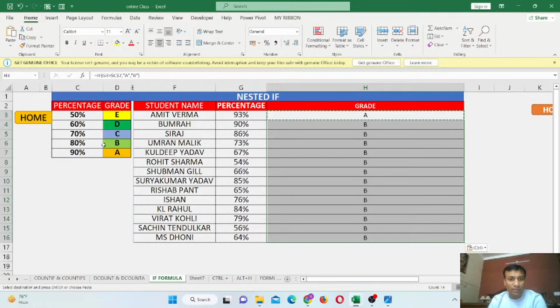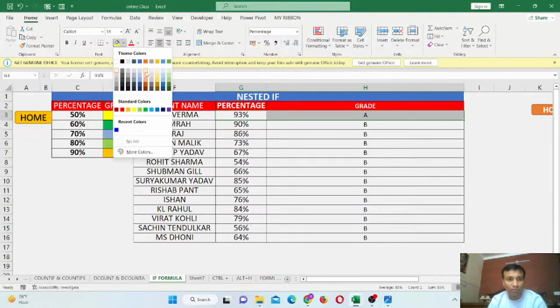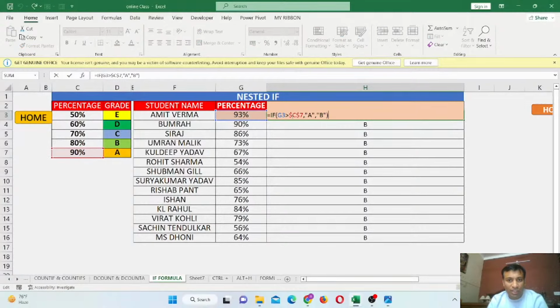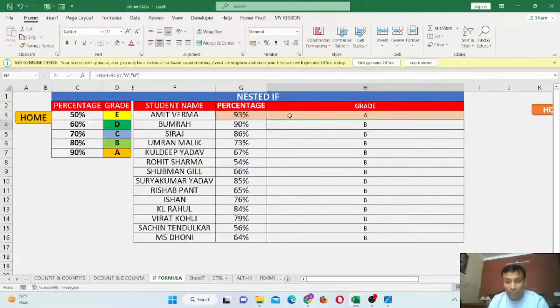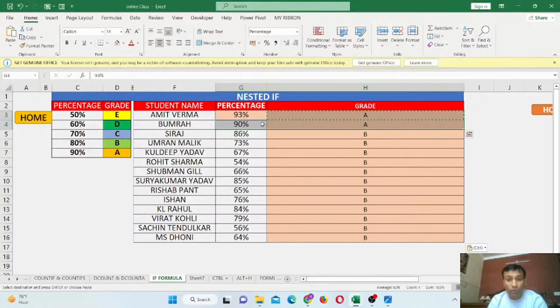Now you can check this. 90% above, only one condition we have, only one cell we have 90% above, right? Look at the formula, I just mentioned greater than, not equal to. If I put the equal sign, then you can check, copy and paste, this cell will also be included because it is 90%. It's 90% greater than or equal to, and all the other conditions will be B,